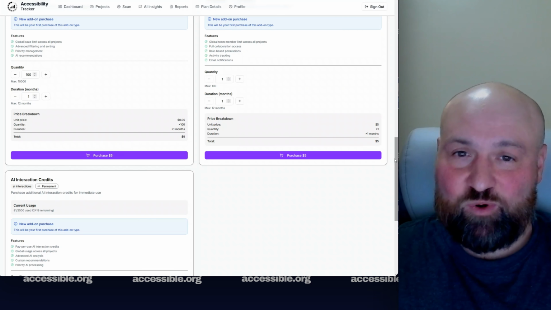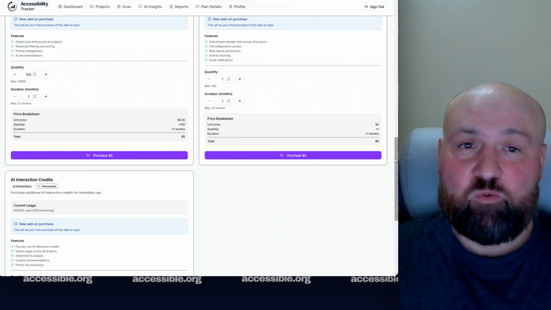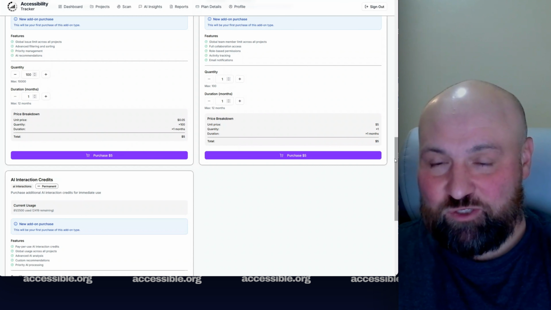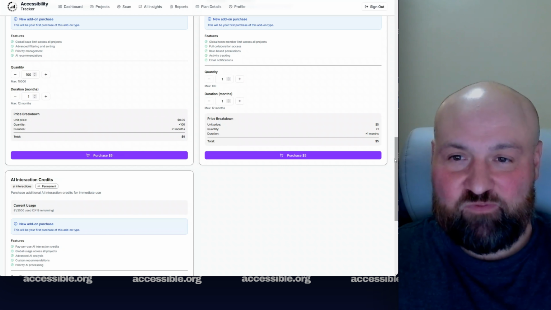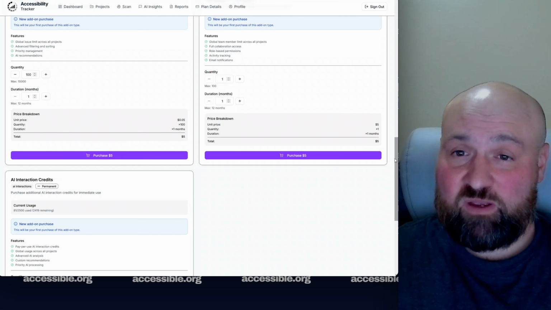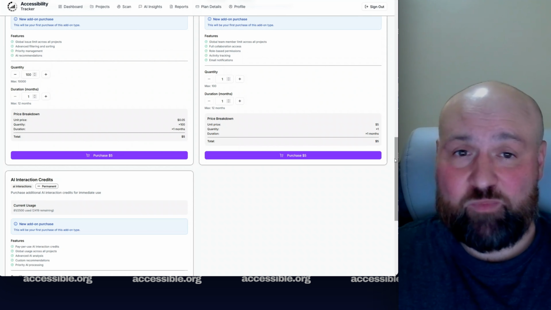If you have any questions, or if you have a feature request, definitely let us know. We've already incorporated multiple feature requests inside of Accessibility Tracker. It's not to say that we always take on the request and follow through with it, or that we always agree to the feature request. But if you ask for a feature request, there's a decent chance that we add it on fairly quickly. We've added a lot of features in the last several months,